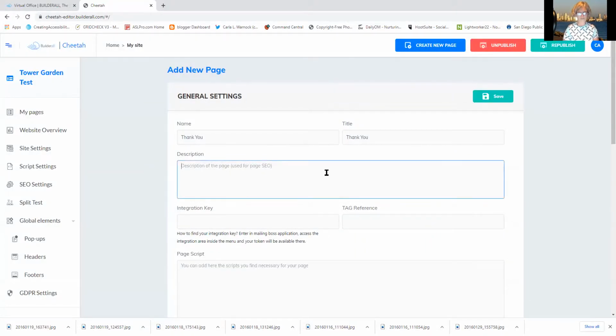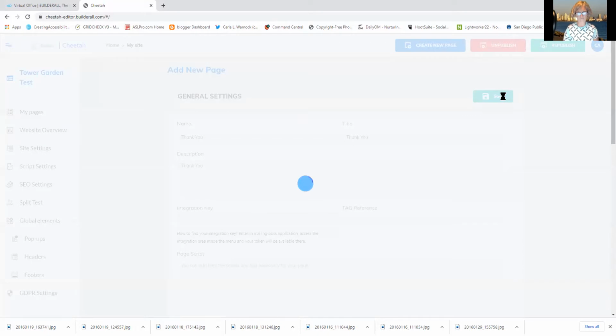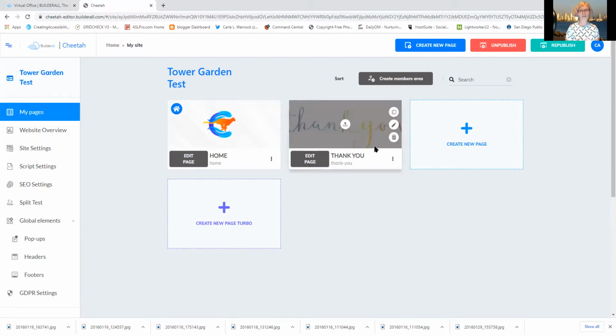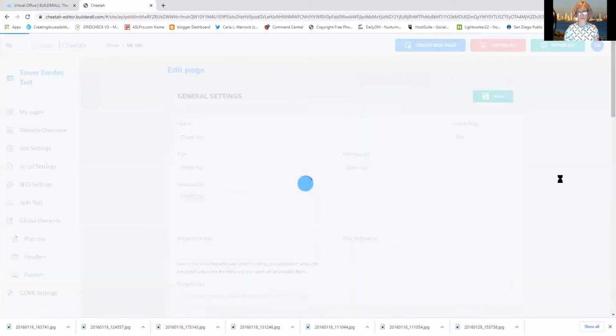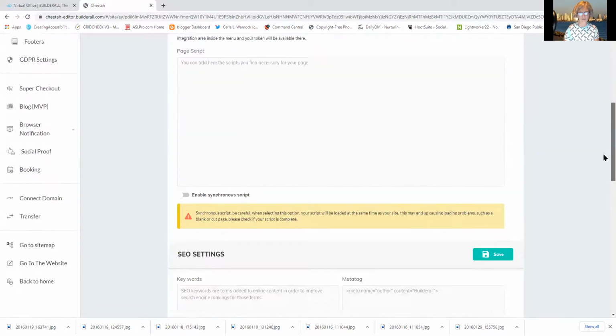Now I'm just going to type thank you again in here. And then I'm just going to click save. Now, see how I have this thank you on here because I chose that picture? That I accidentally hit a button. I didn't quite mean to do that, but as you can see, you can change your picture here in the settings area just by